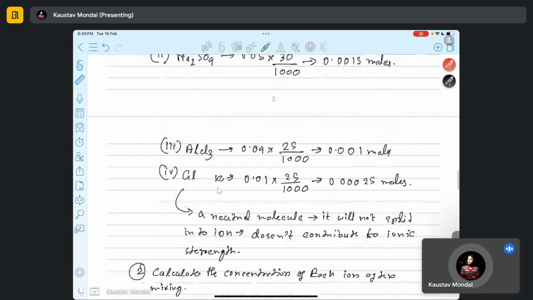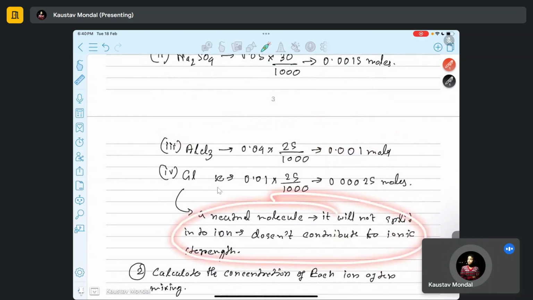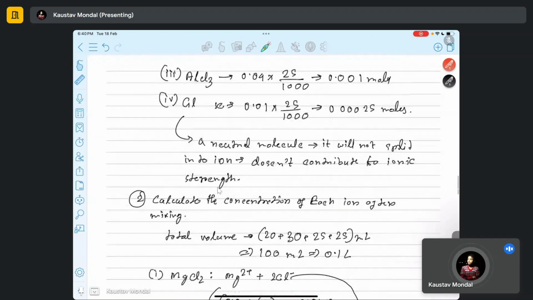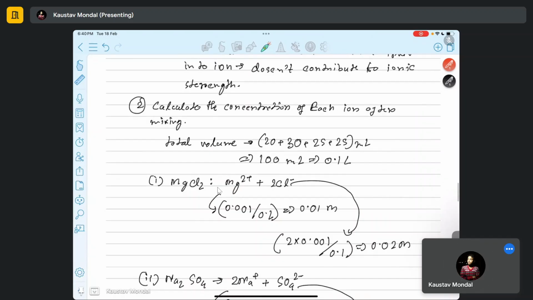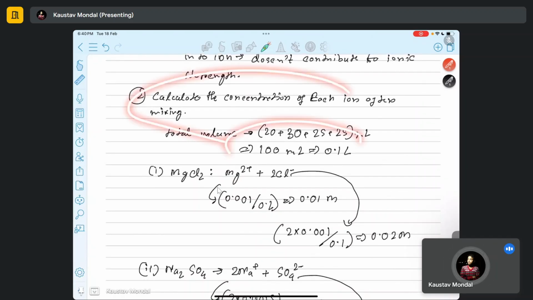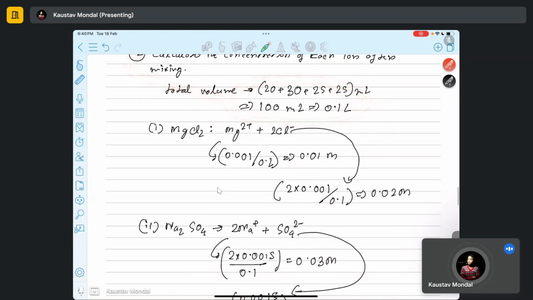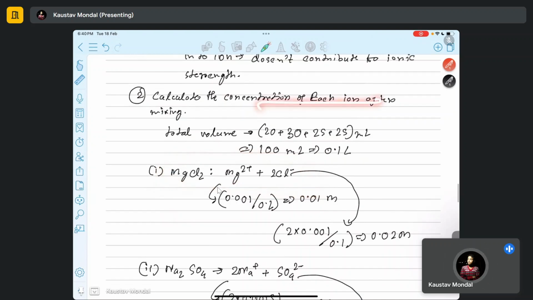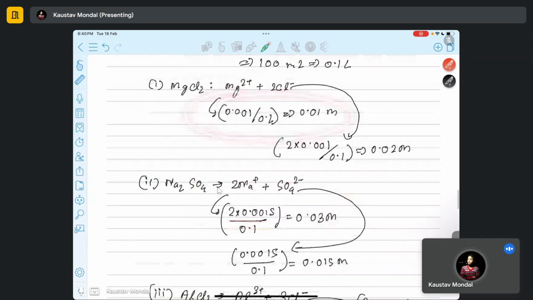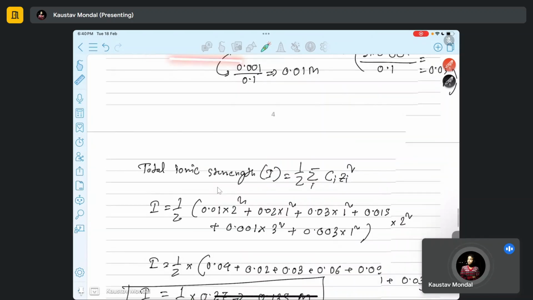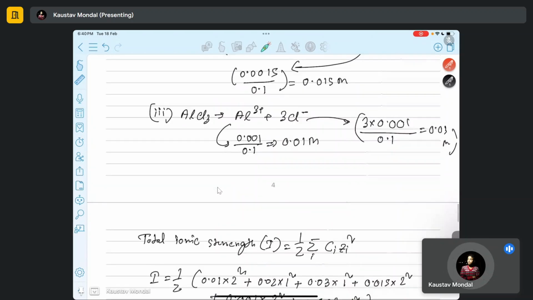But for the glucose, as it's a neutral molecule, it simply doesn't contribute anything to the ionic strength of the solution. Then after the mixing, the total volume becomes 100 ml. After the mixing, we have to calculate the concentration of each ion, and from there we can also get the charges of each ion. So first we calculate the concentration for MgCl2, Na2SO4, AlCl3, and after doing all of this,